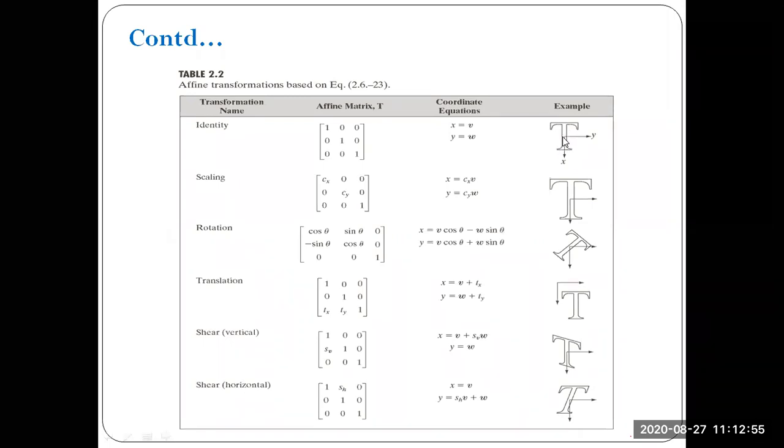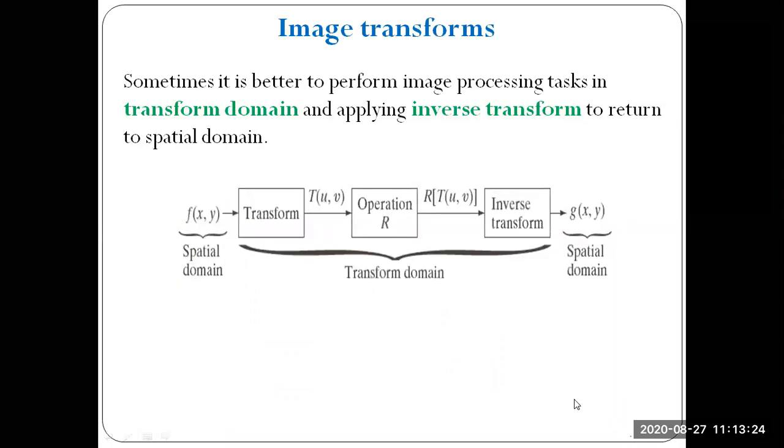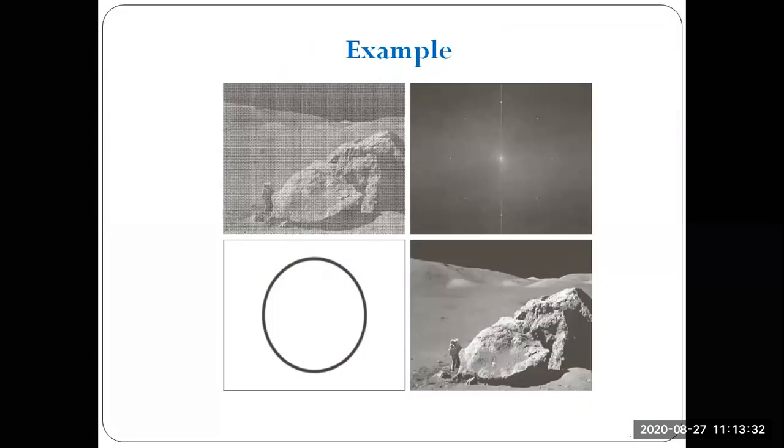On this T letter image, I am applying operations: scaling, rotation, translation, vertical shear, and horizontal shear. The respective operations have their respective affine matrices which we have to apply on the image. So scaling will be like this, rotating like this, translation like this, vertical shear like this, and horizontal shear like this. The last one is just transformation; how we transform will be covered in the next class, so don't worry. And how the image is modified by the transformation will be like this.